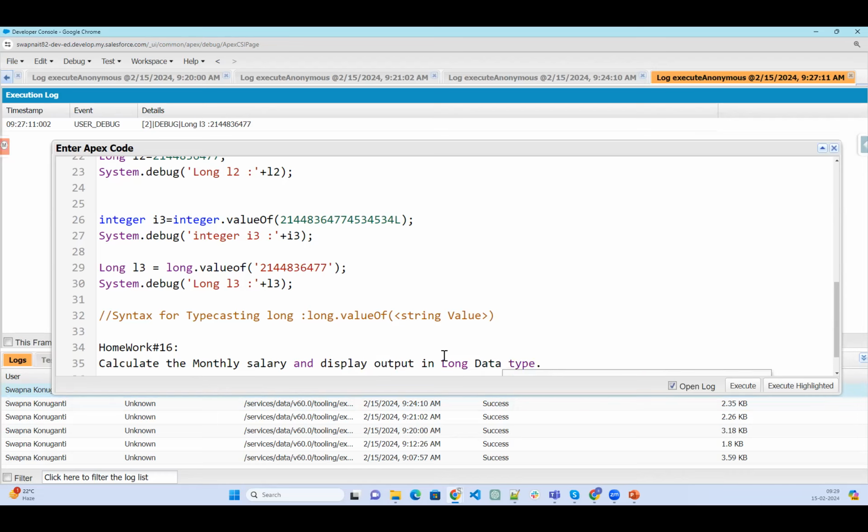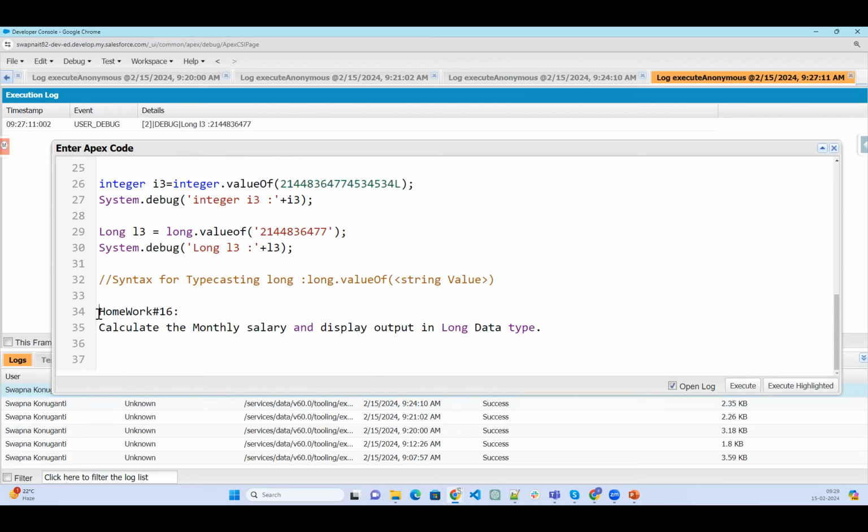How do you calculate the monthly salary here? Nobody knows. What is your annual salary?